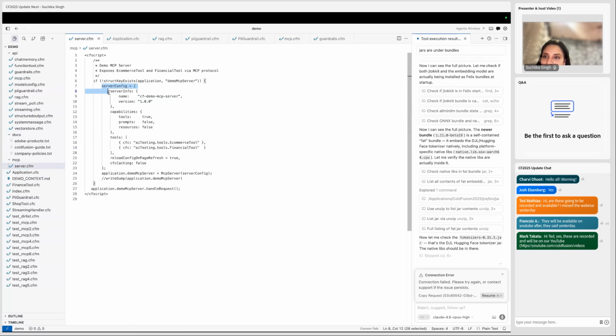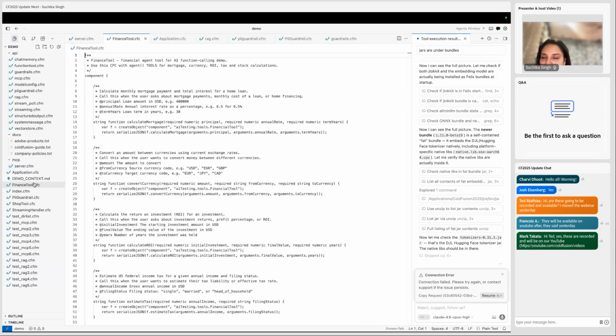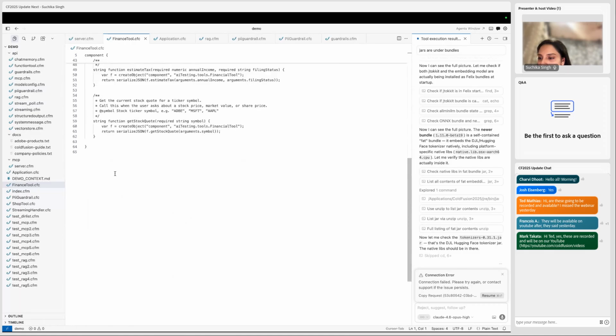This is my server config. I have the name of the server, version, and what capabilities it exposes. So tools is true, so it does expose certain tools. For tools, I have these CFCs defined. Basically, these are my MCP server tools that are associated with this MCP server, and these are the two tools, which are actually CFCs. One of the tools is this financial tool, and the other one was